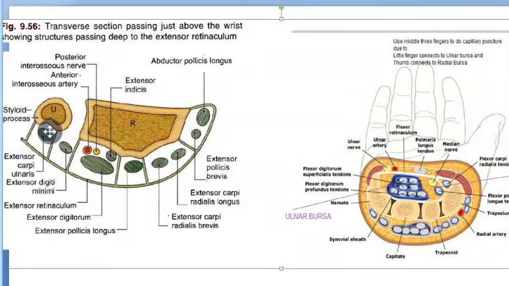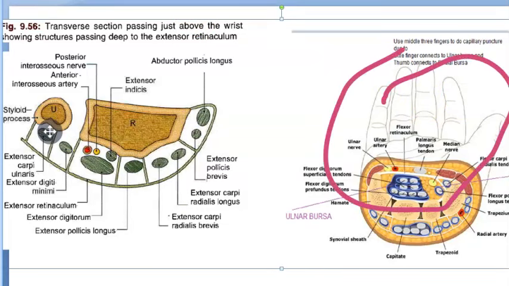Your right hand, the thumb. See, you position your thumb and hand like this that they are showing here. Like this you position your hand, okay? The right thumb is here, right? Now, under your bones, that is the radius and the ulna, you have this extensor retinaculum, in which in the